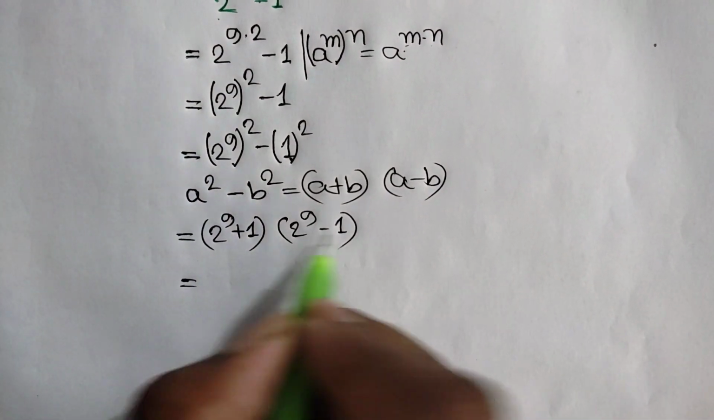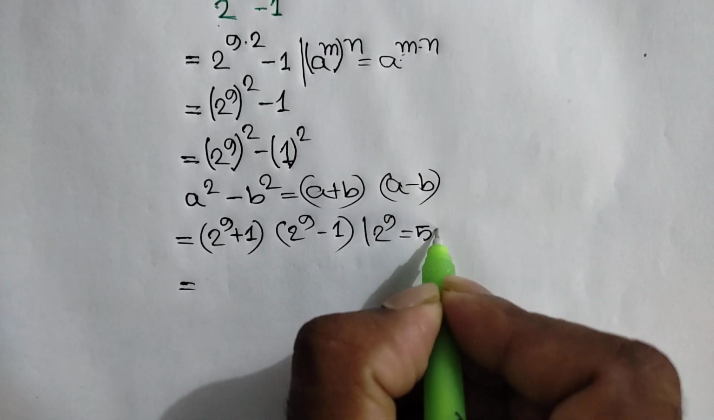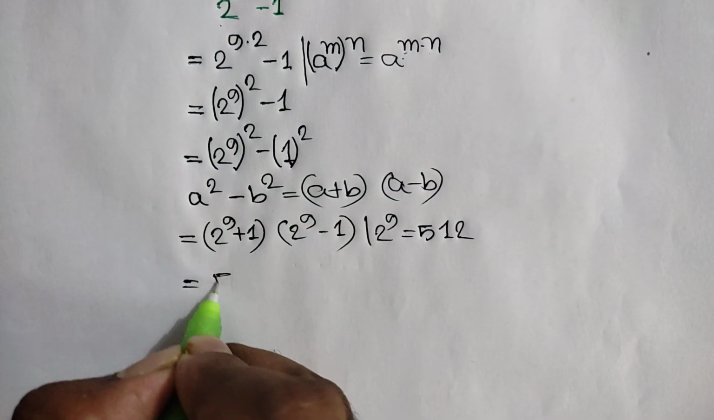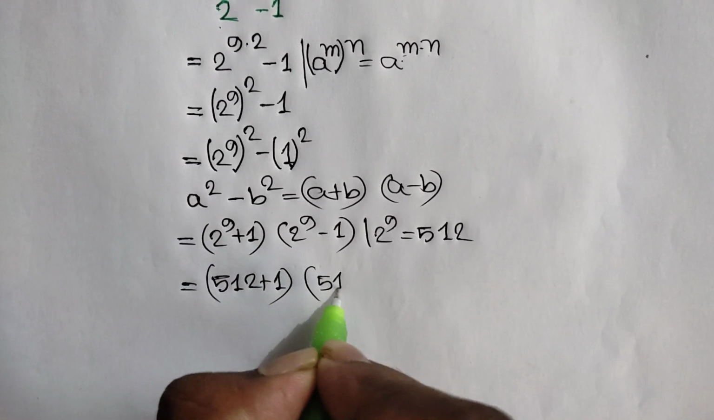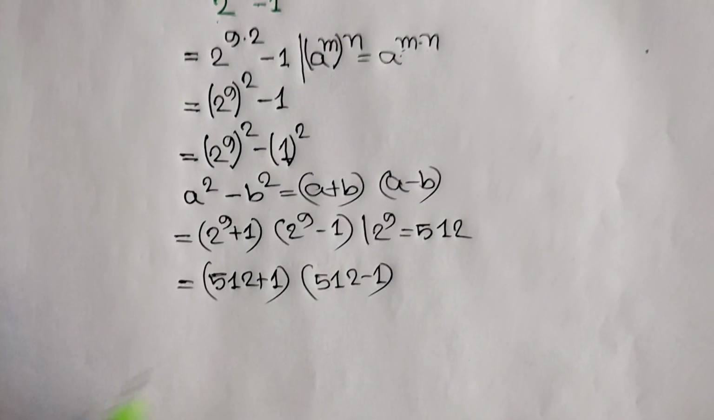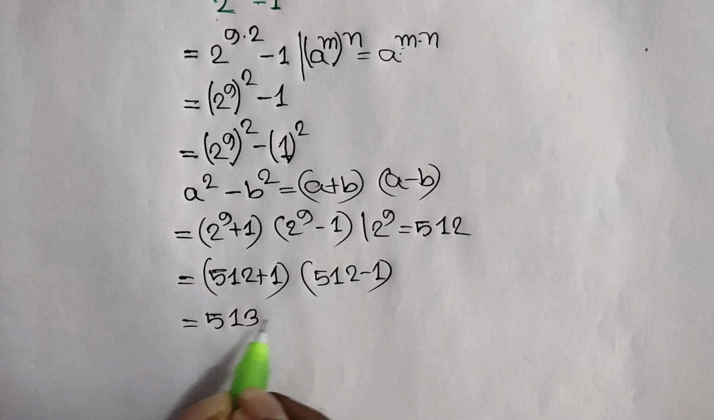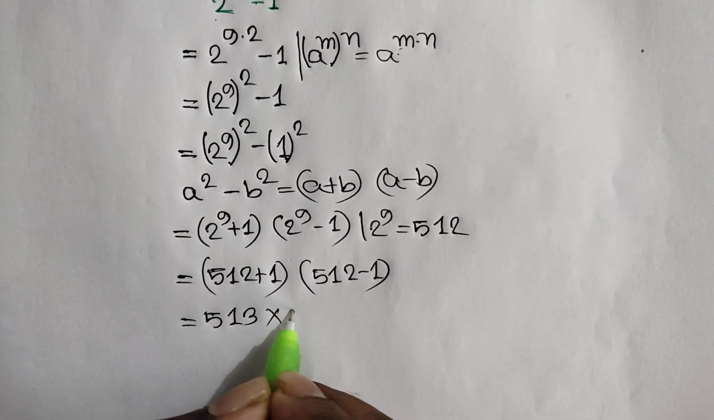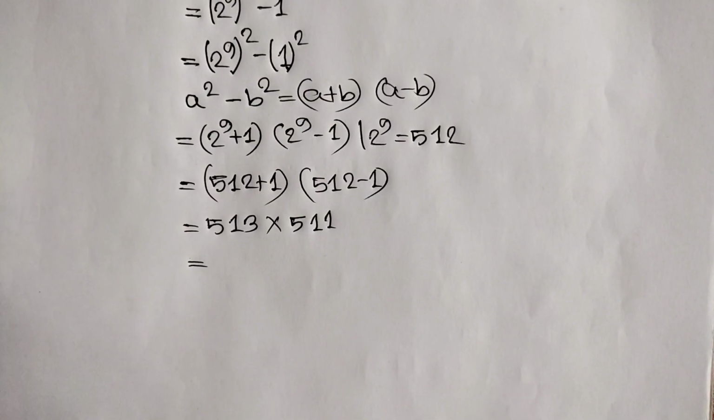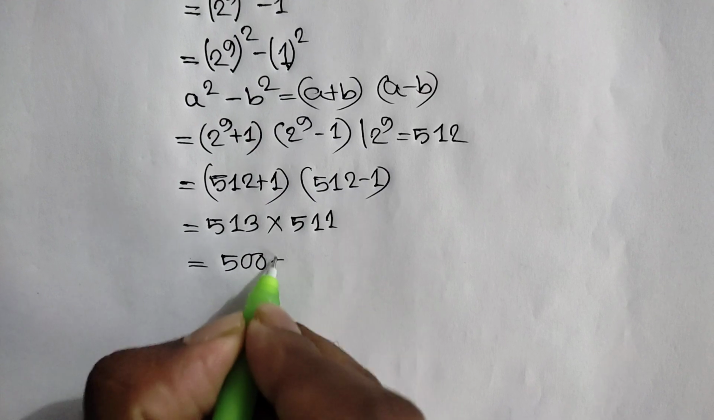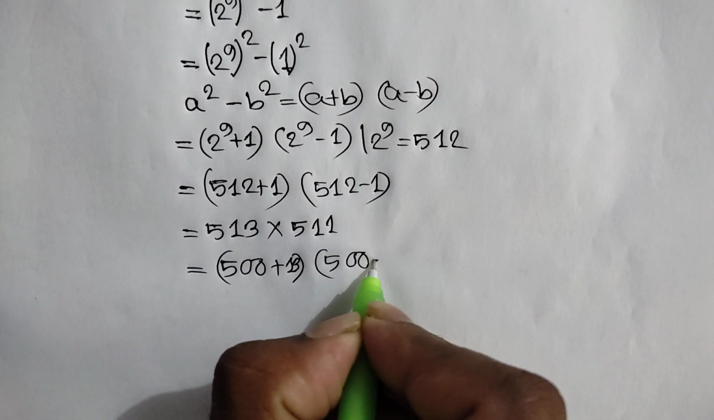is equal to, now we know 2 to the power 9 is equal to 512. So we can write (512 plus 1) times (512 minus 1) is equal to, 512 plus 1 is equal to 513, times 512 minus 1 is equal to 511. Or we can write (500 plus 13) times (500 plus 11)